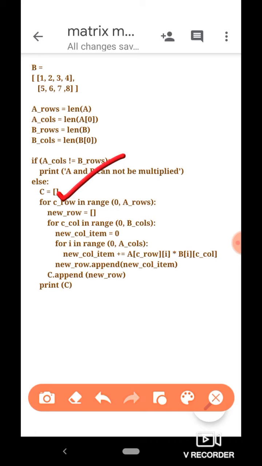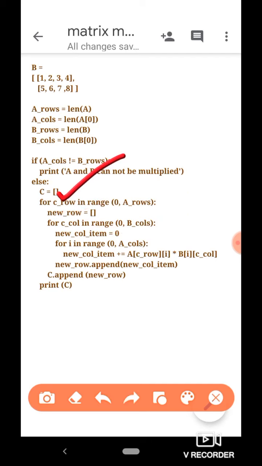Now for computing the values at individual columns, we have to run another for loop, as we discussed: for c_col in range(0, b_cols). Remember we said matrix C is going to have b_cols number of columns, so we write range(0, b_cols), because every row is going to have b_cols number of items in it. The loop variable c_col represents which column number of matrix C is being computed.